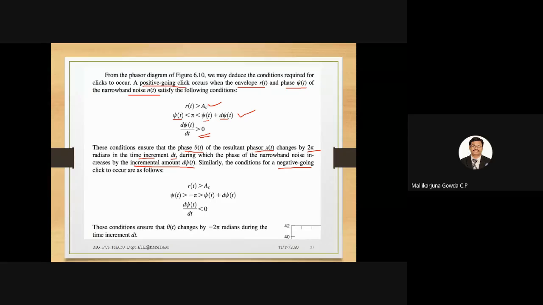For negative going clicks, the conditions are, one is,